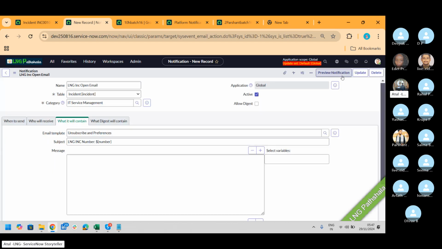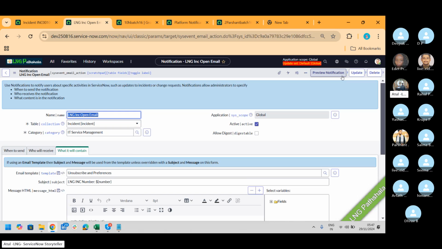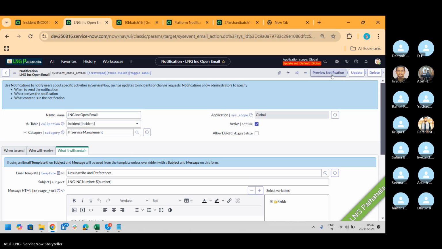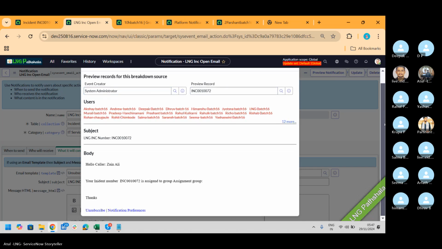Atul, can we test this particular email? How does it look? क्योंकि actual emails तो जा नहीं रही अभी. Click on the preview notification. और यहां पर एक डमी मैंने रिकॉर्ड डाल दिया, और देखो ये मेरा ईमेल जनरेट हो गया. हाय अतुल, कितना बेकार सा लग रहा है ये तो. See, it's all cross